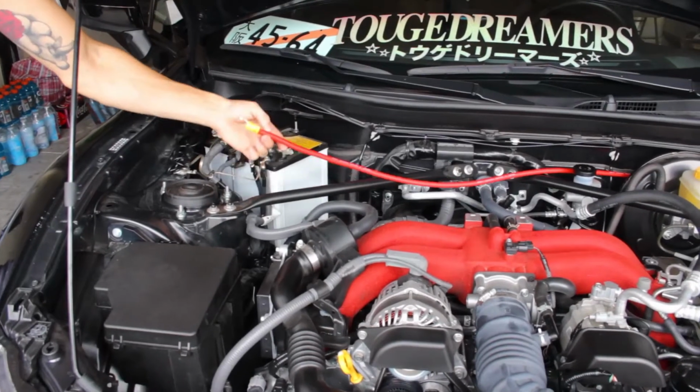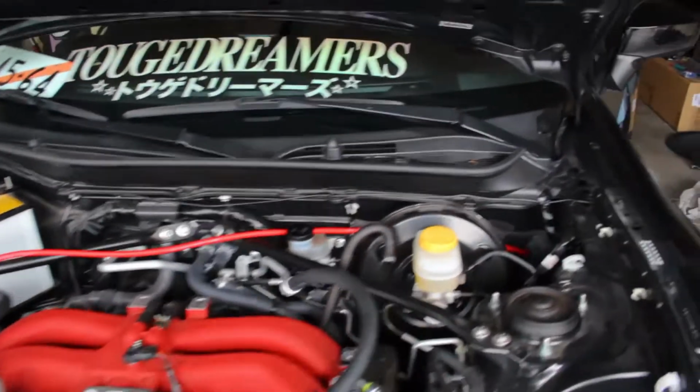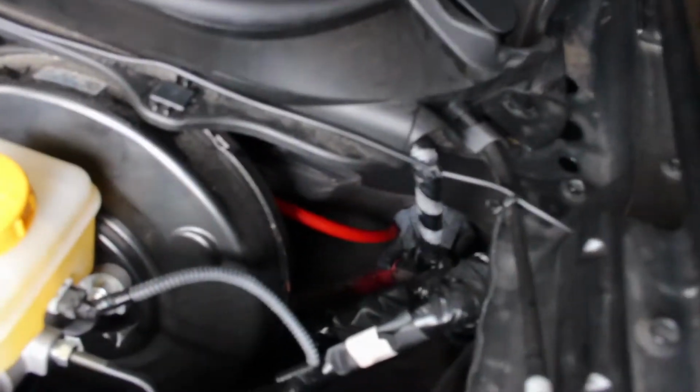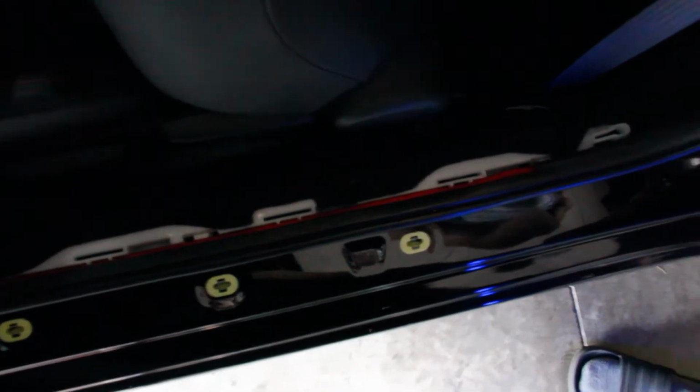Alright, basically we got this connection on. We're just going to go over the battery. Power wire is ran through all the way to the back. We have it through the firewall, and if we come over here, we got it tucked underneath where your hood latch would be, underneath where this foot trim is, and it's going all the way back. And if you want to come back here,